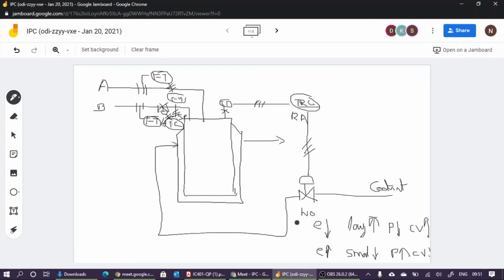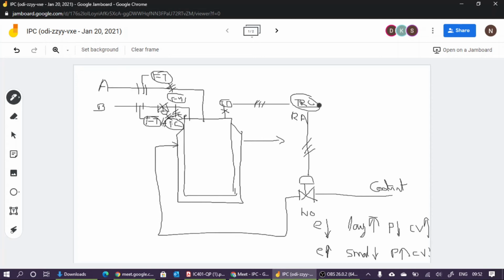But if you have a saturation problem in temperature control, then in order to avoid that saturation, I told you saturation means the feed rate is very large, and feed rate is very large means reaction rate is very large. So in order to reduce this saturation, we have to reduce the reaction rate. In order to reduce the reaction rate, we have to reduce the feed flow rate. The feed flow rate of A, that we have to reduce.